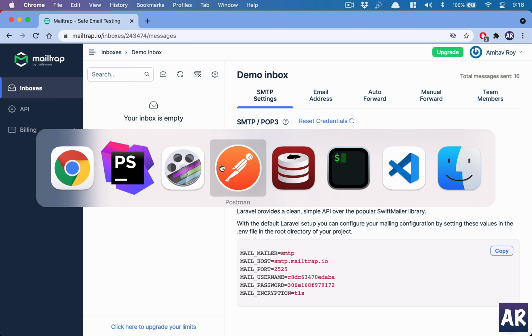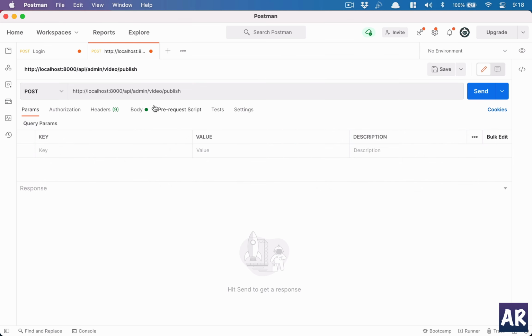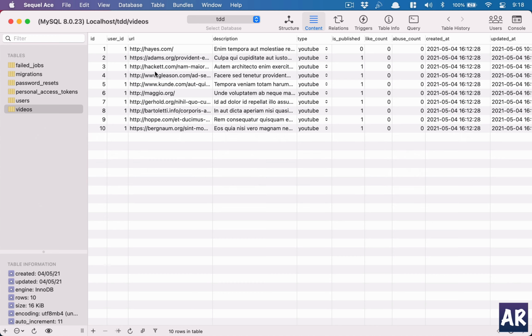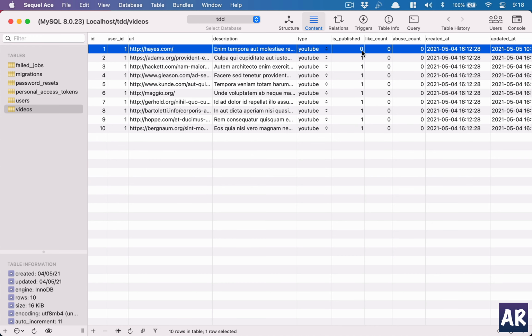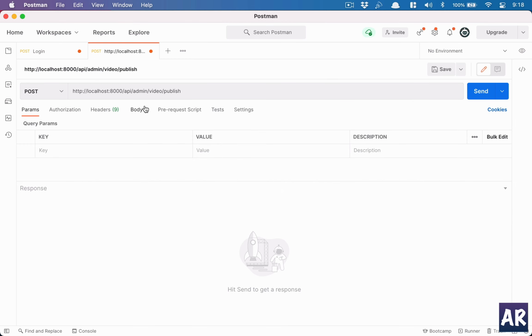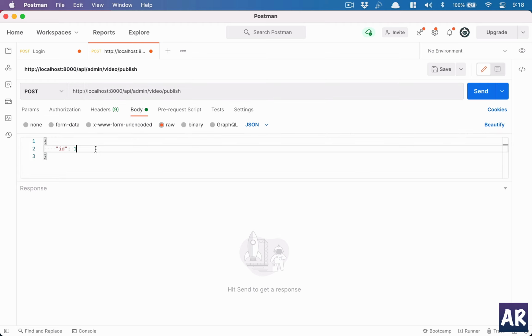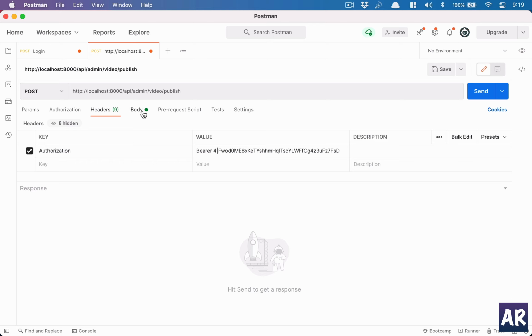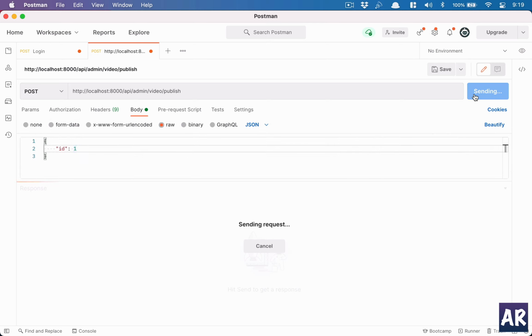Right now inside Postman, first let's see the database. Inside the database, video ID 1 is published as 0, and if I go to Postman, the URL admin/video/publish has this body parameter where ID is 1, and we have the bearer token. So now if I make an API call,